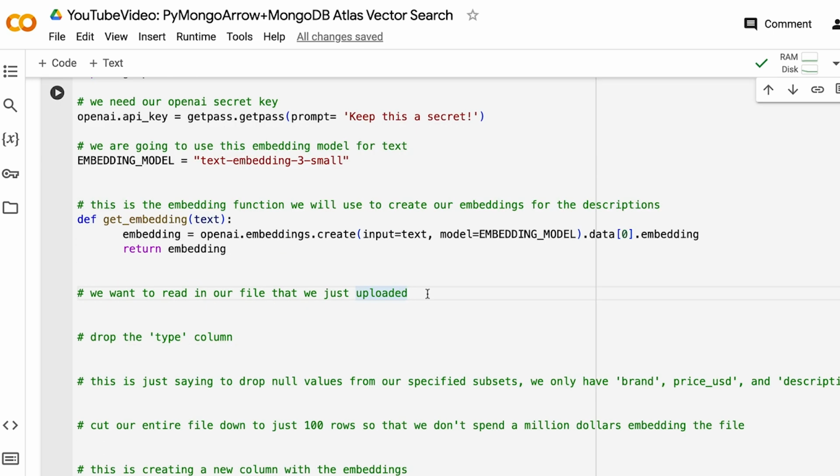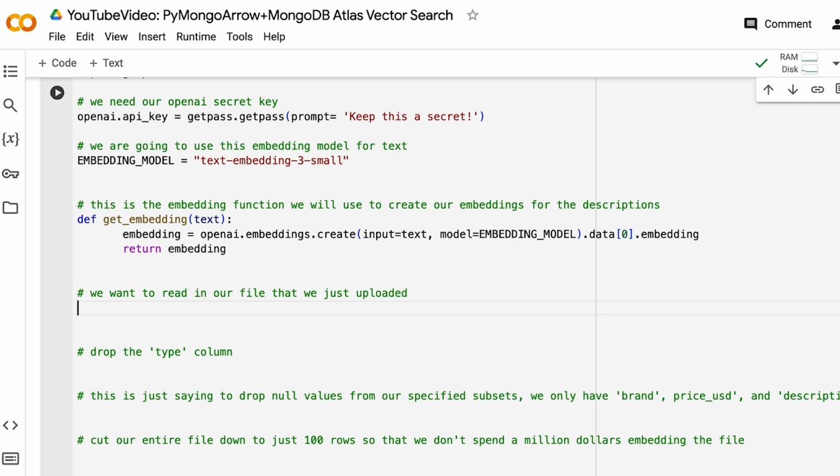So we have set ourselves up for success with processing our embeddings. So let's go ahead and actually configure our data frame. The first step is that we really want to read in the file that was just uploaded. There's no point in uploading a file if we're not going to read it in, right? So let's just do df for data frame equals pd.read_csv. Here we're just using pandas to read it in. And we can go in and say content/net